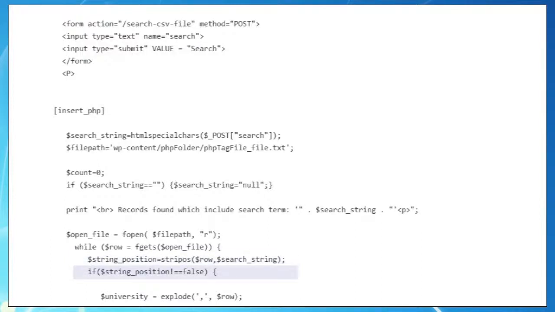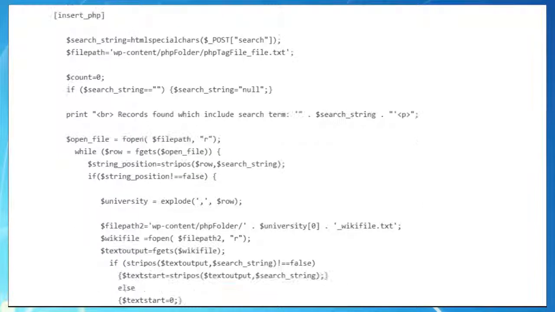Which brings us to another if conditional. If string position does not equal false, that strange combination of an exclamation mark and 2 equal signs means does not equal, then it must have found a match in our variable row. If you remember, the data elements in our Excel file were joined together by commas. The function explode splits apart those elements according to the commas into an array called university for us. The first part of the array now holds our university name, which we need for our link, and the second